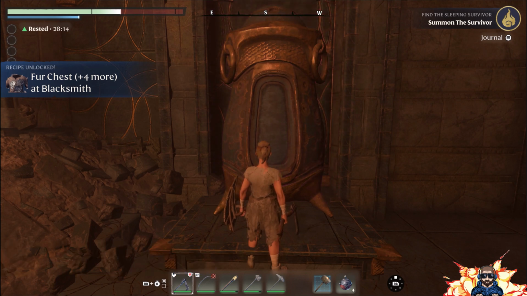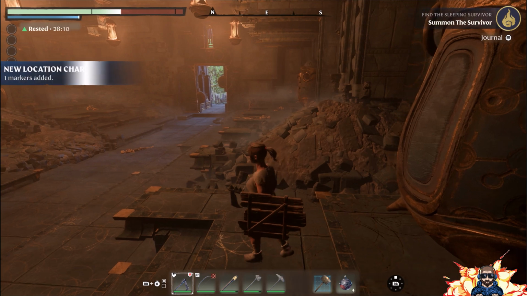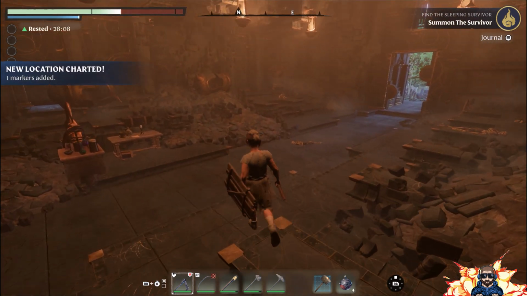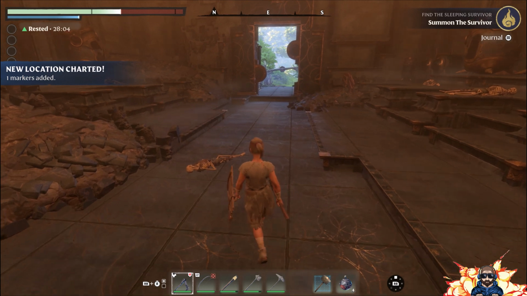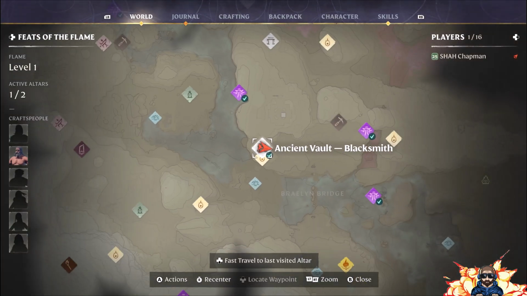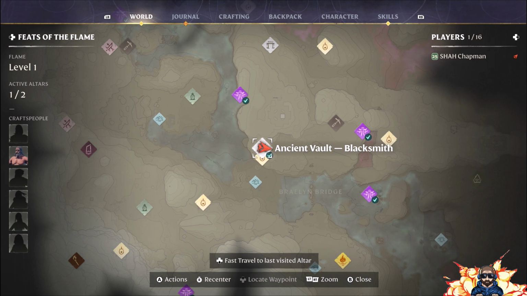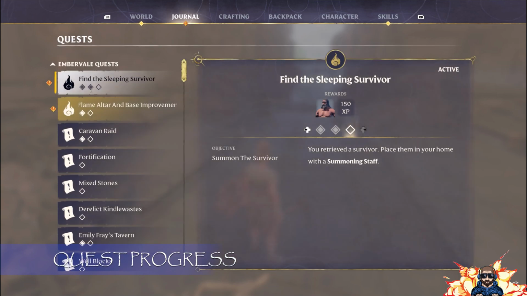Alright, so there we have it. We've now unlocked the blacksmith. And you can see there we've got a new location that's been added to the map, and we've also got some new crafting that's been unlocked as well. So if we head on over and check out the quests in the journal,